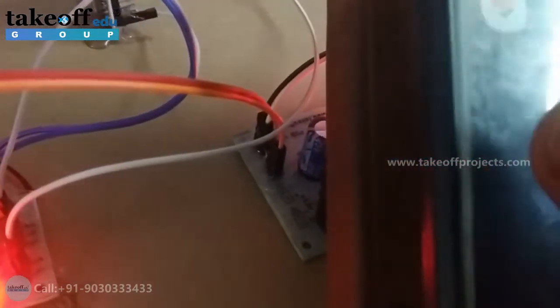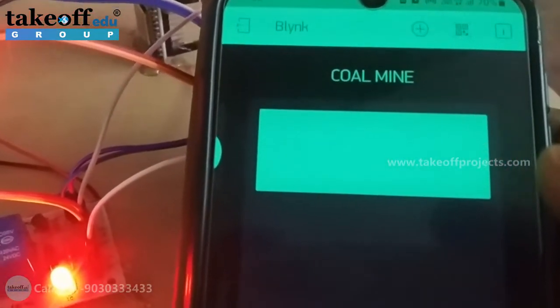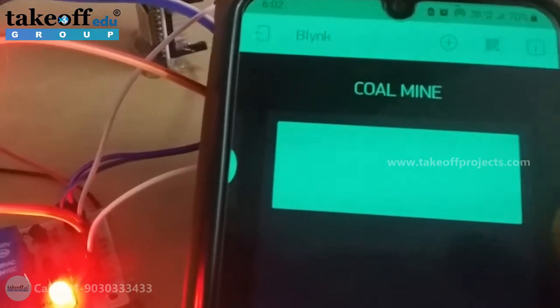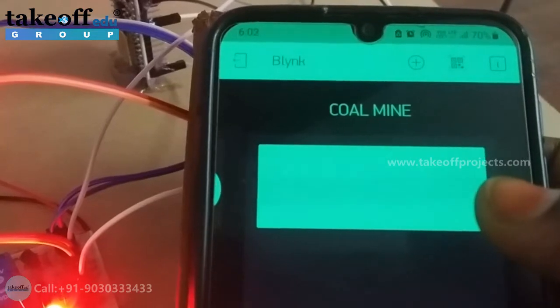This is the Blynk app. If we open here, I have already created a project for this project. So now let us see how to create a project by using the Blynk app.